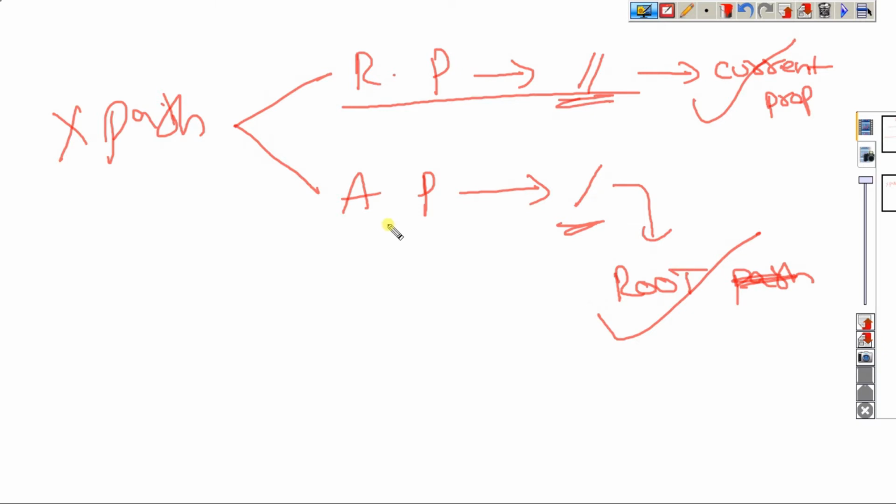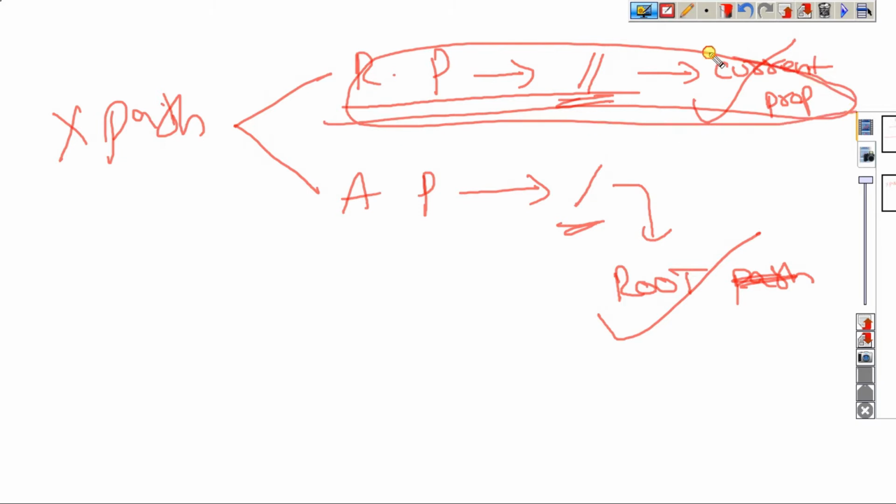Take me: I'm introducing myself to you. I'm Srikanth Nalagarla, and with that name you identify me every day. That is identifying by current property, which we call a relative path.